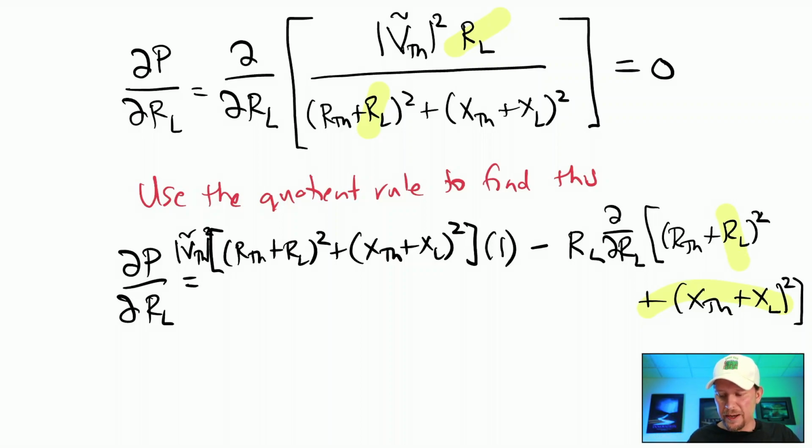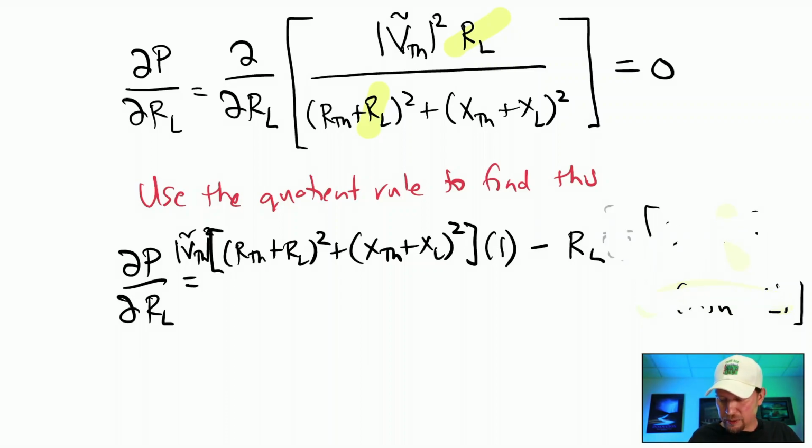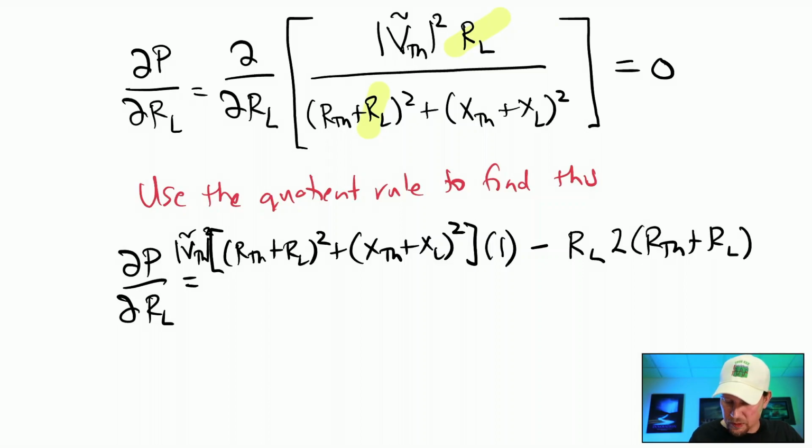You can use the chain rule on that: you bring down the 2, subtract 1 from the exponent, and then take the derivative of the inside, which very nicely turns into 2 times R Thevenin plus R load. So this big, nasty partial derivative, and hopefully you can do this on your piece of paper as well, turns into something nice, beautiful, and simple: it's 2 times R Thevenin plus R load, like this,